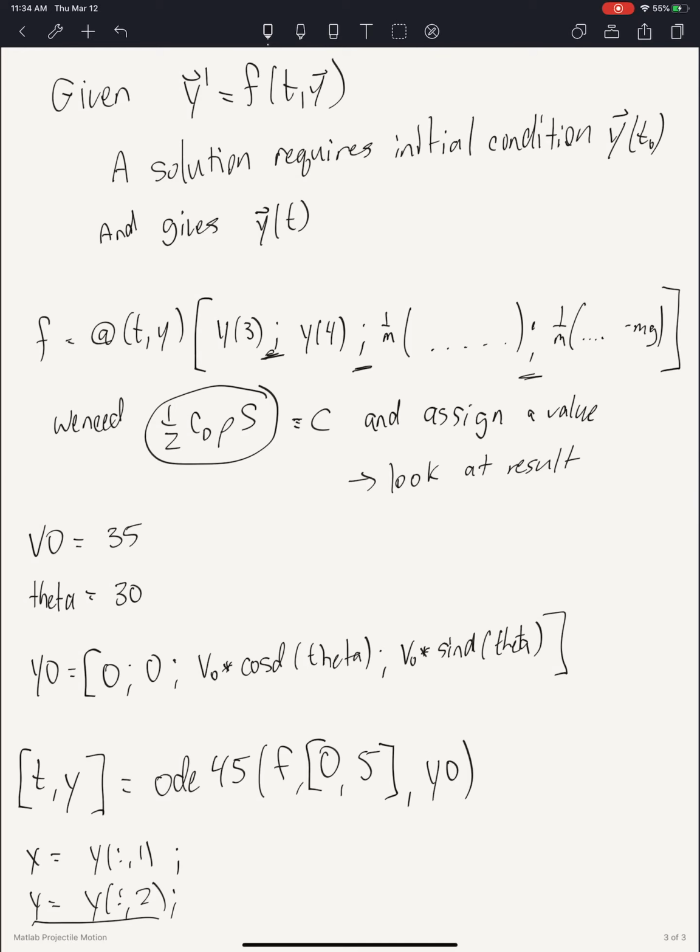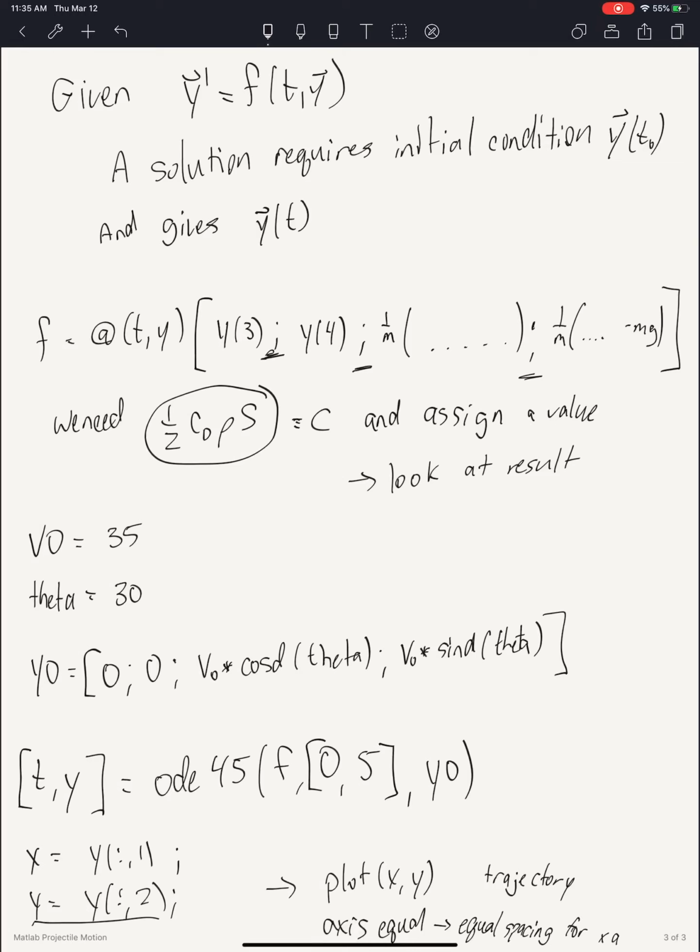So what I'm going to do now is, after I'm done with that, we can just plot x versus y, and this will be the trajectory. This will show how it moves through the air. I strongly recommend that you put in an axis equal command so that you have a valid viewpoint for what it looks like. What axis equal does is equal spacing